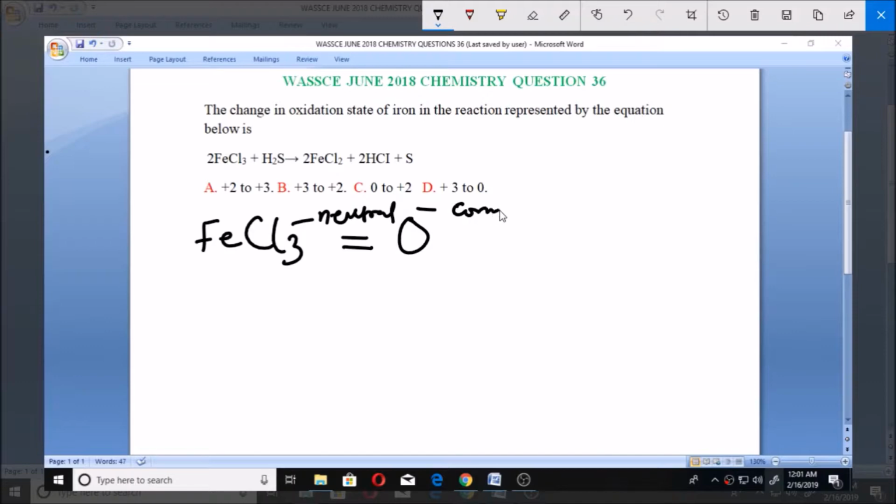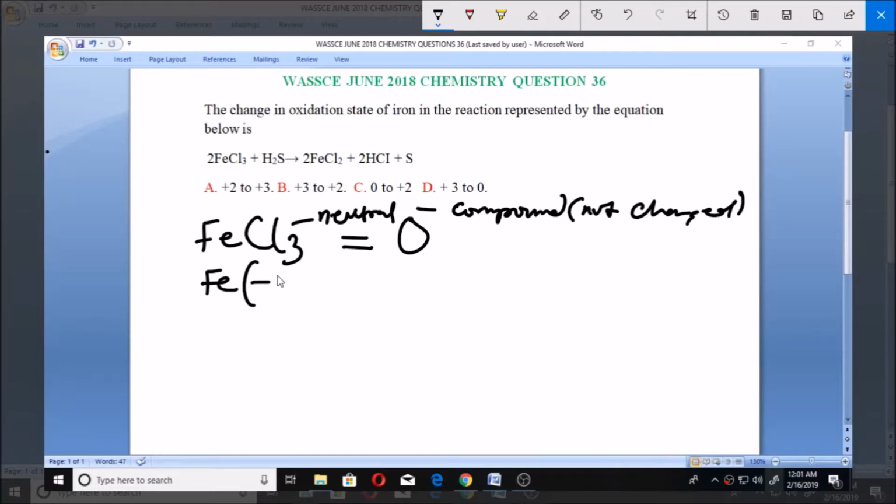For a compound that is not charged, the sum of the oxidation numbers is equal to 0. We don't know that for Fe, but we know that the oxidation number